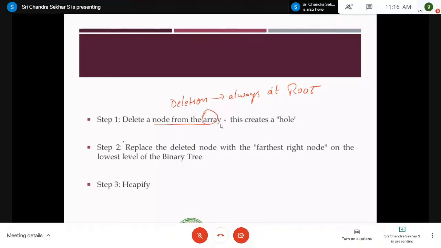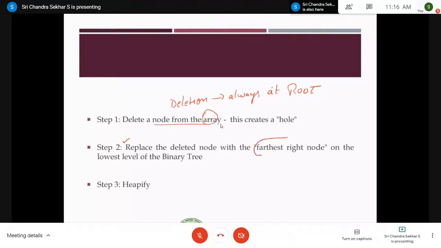Don't get confused. Whenever you start filling a new level, you have to start with the leftmost element. But whenever you are replacing the root node, the element that is to be replaced for the root node will be the farthest right node. We'll see what this farthest right node is, right?